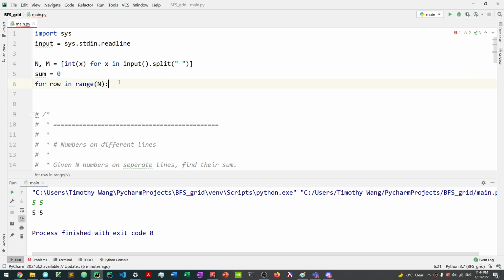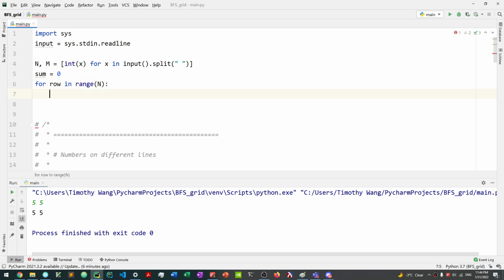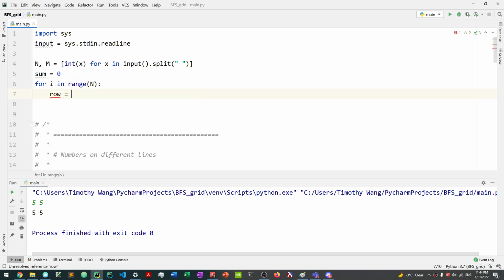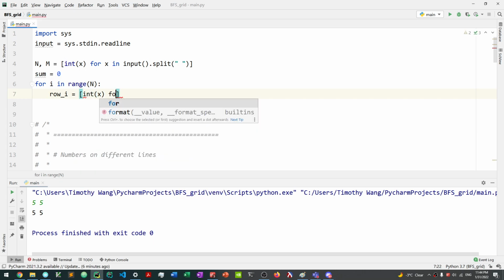So for every row in n, that's what we're saying. What we're going to do is take in the input for the row. So maybe I'll change this to an i. We're going to take in the row. So row sub i, for example, is equal to all the numbers cast into an integer for every number x in the input,